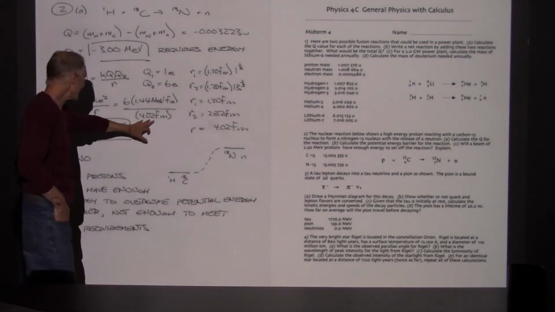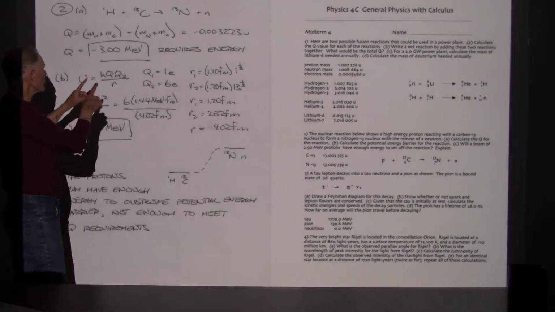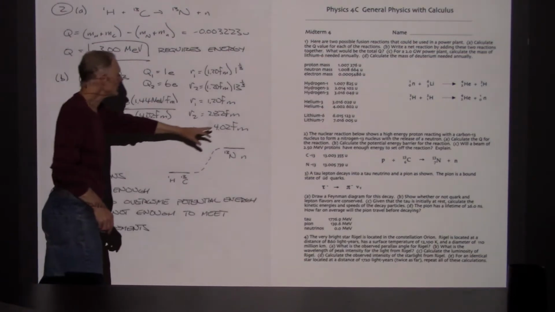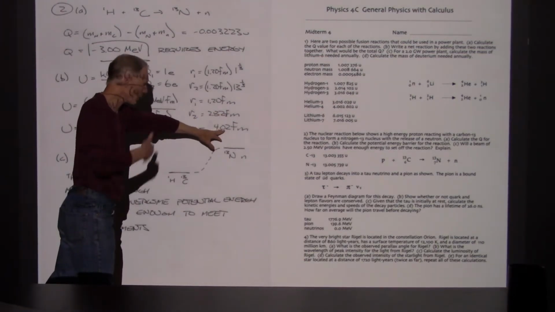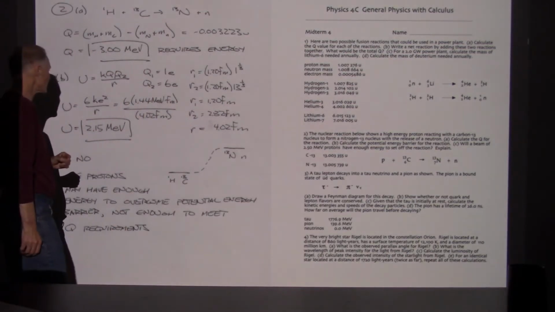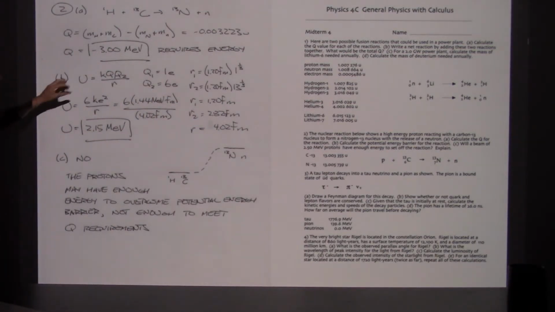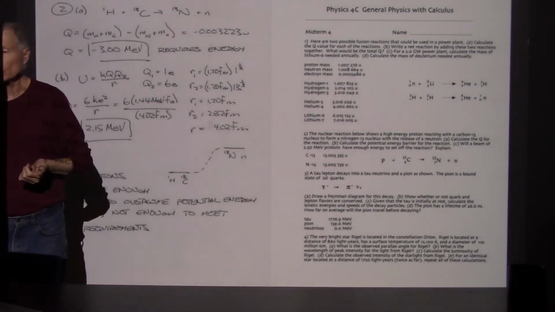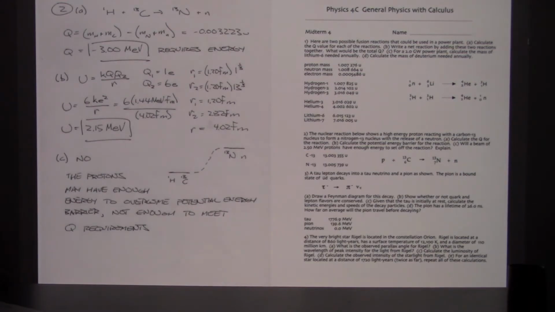So putting that into the denominator, it says in order for the reaction to take place, the nuclei need to be this close by our definition of center to center distances. And the electric force potential energy formula then says it would be 2.15 MeV. Now, we do have enough kinetic energy in the proton, 2.50, to overcome that 2.15 MeV barrier. So there is enough potential energy,